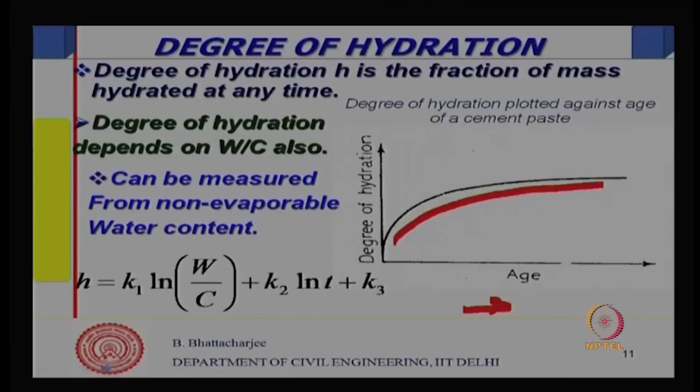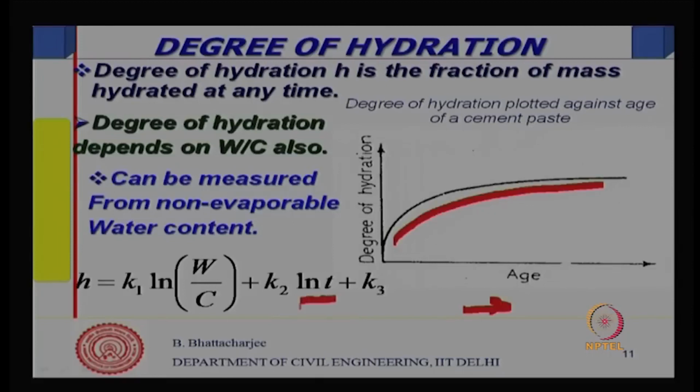Actually, if you put isopropyl alcohol on, that will absorb all water and stop the hydration. So, at any age you can stop the hydration, then heat it up to find the non evaporable water content. Evaporable water will go away at 110 degree centigrade, but after that if you heat up, you can find the non evaporable water content, and from that measurement one can find out the degree of hydration,